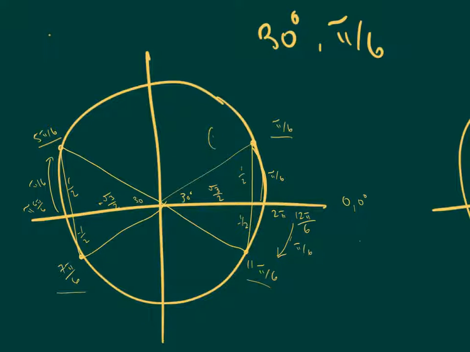So this coordinate will be √3 over 2, 1/2. This one is -√3 over 2, 1/2. This one is -√3 over 2, -1/2. And then here we have √3 over 2, -1/2. Okay, if we scoot over to this other one,